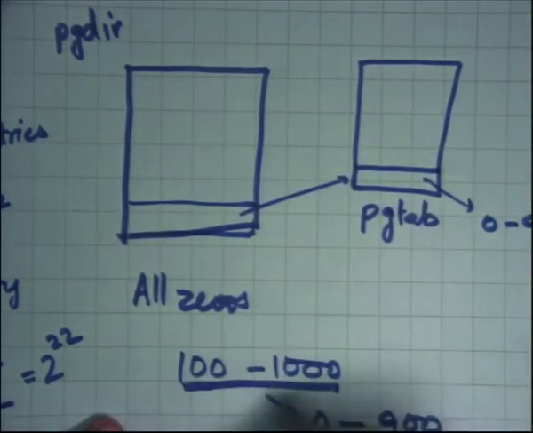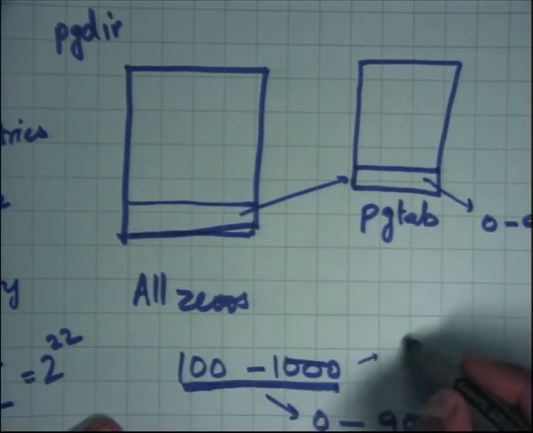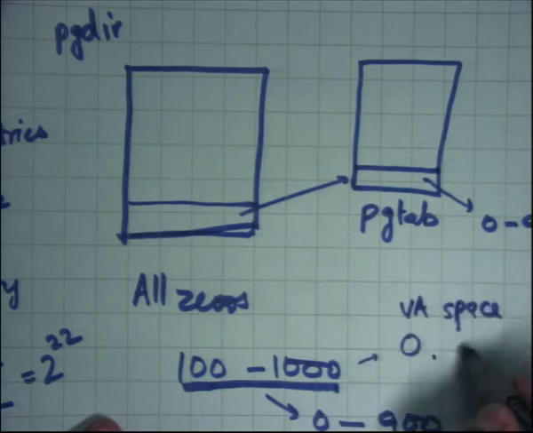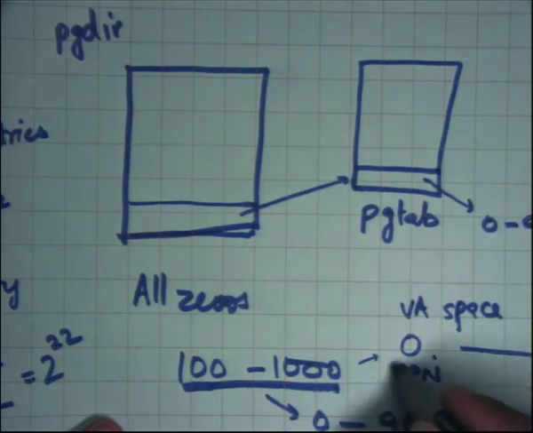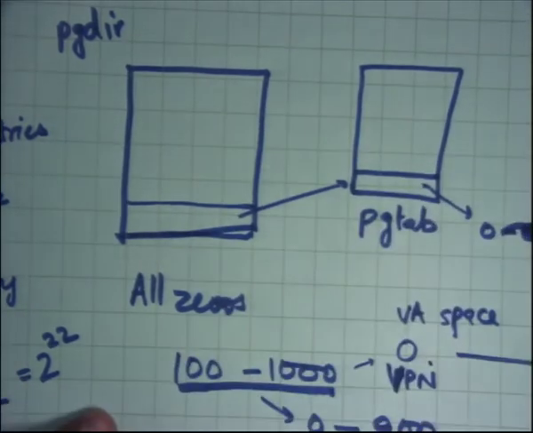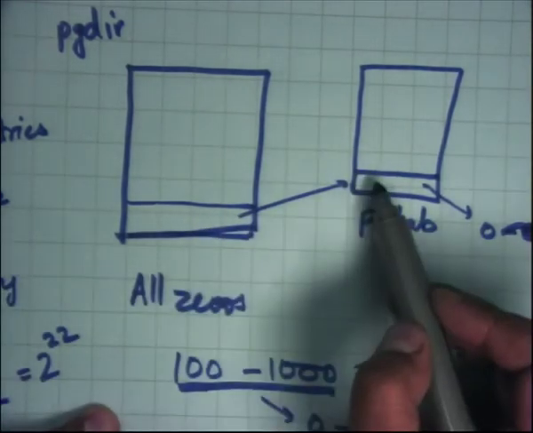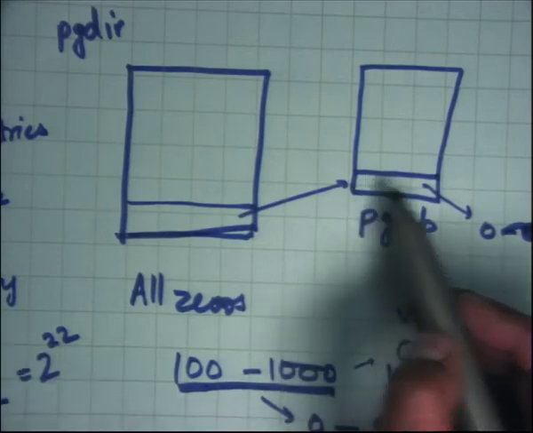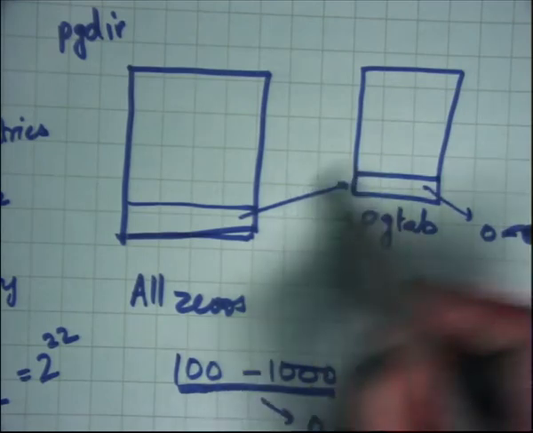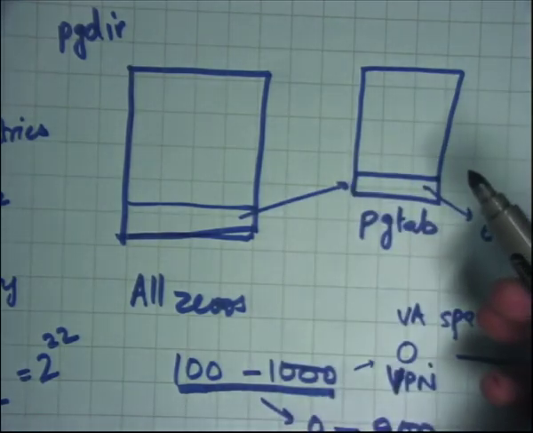So instead of 100 to 1000, I'll probably have to say map page 0 in VA space to page 0 in PA space. Okay. So this is just going to map to 0 in this case with the corresponding permission. So to be able to do this, for this kind of mapping, I need to potentially allocate a new page to store this mapping, right? And so this allocation could potentially fail.